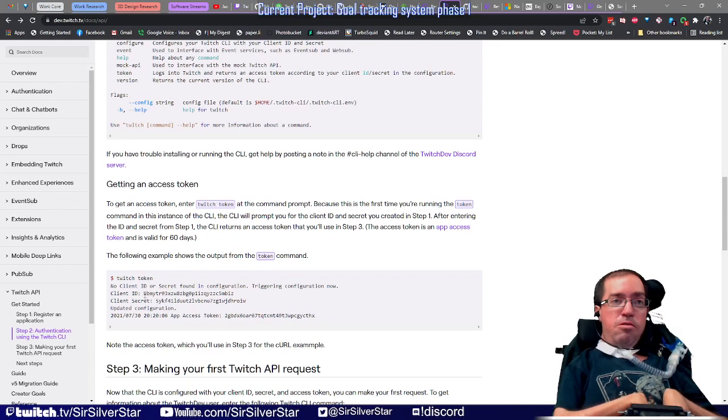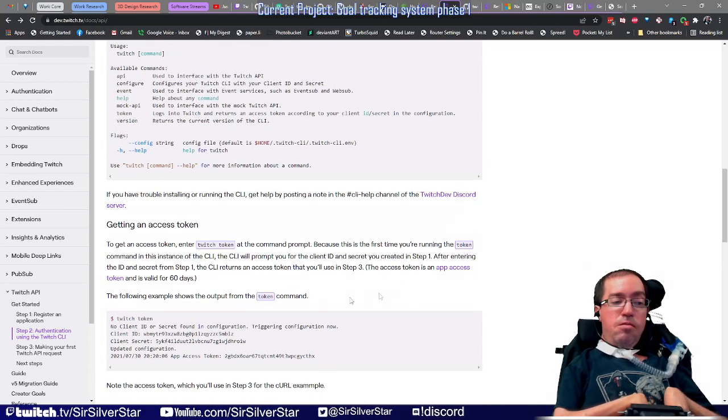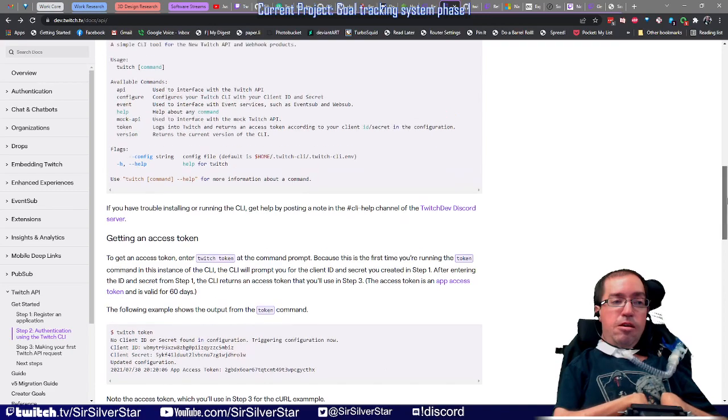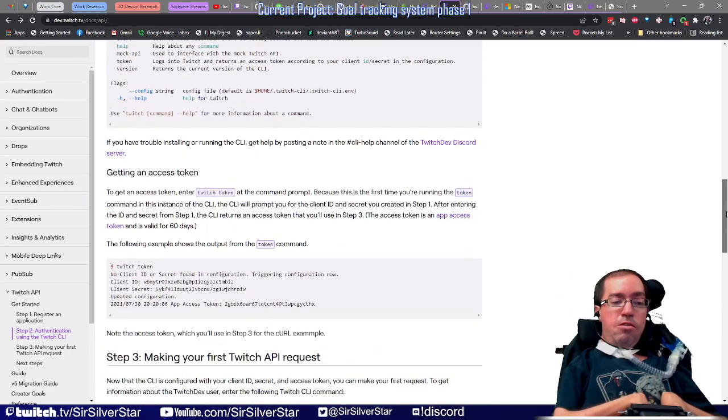So what you're actually going to need in order to do calls to the API specifically is the client ID and the access token. And you need the client secret in order to get access to the access token. And just so all of you know, your access token is only valid for 60 days. So after it expires, you'll need to go through this step again in order to get a new access token